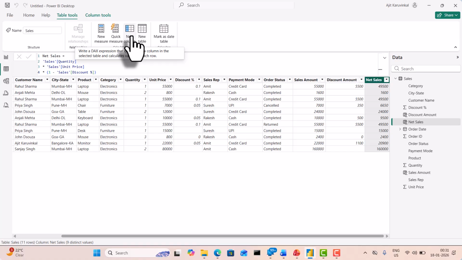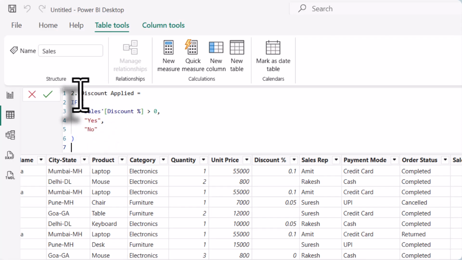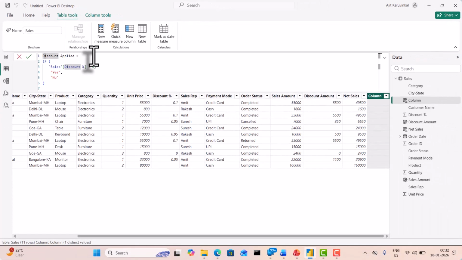For that you need to again click on New Column. Once you hit New Column, you will be asked to enter the formula. You will enter the formula. Make sure you remove the 2 that we have, otherwise it might give you an error. So let's keep it very clean. We will mention Discount Applied as the name of the column that the data table would take based on this DAX formula. And then, if sales discount percent is greater than 0,